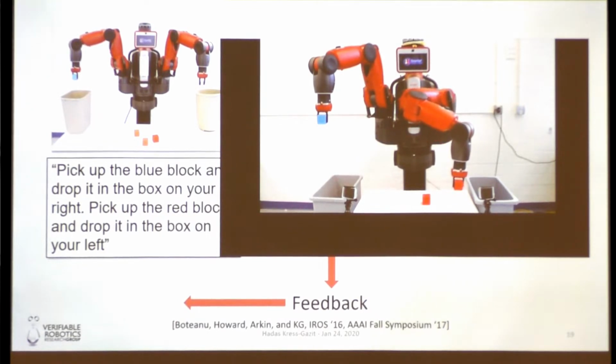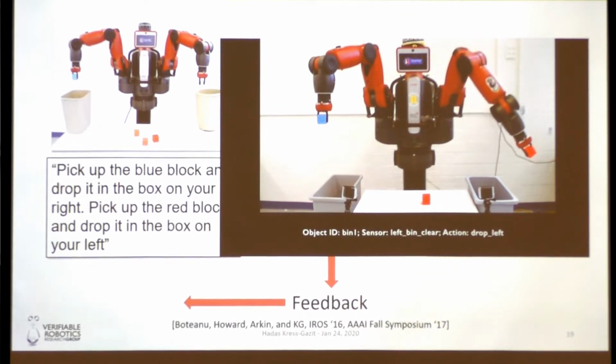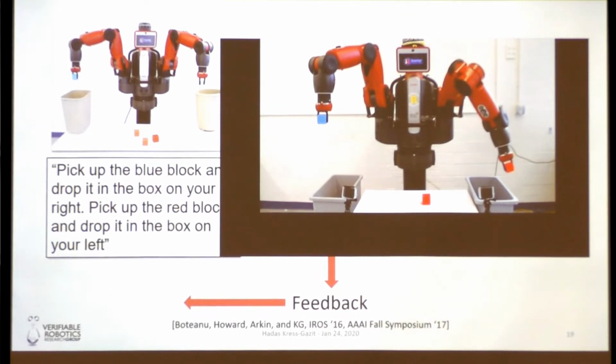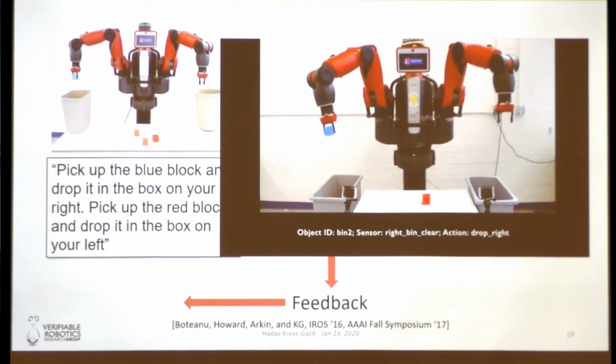But it is a bit weird, right? Why is it standing there with its arm extended and not just dropping the blue block and coming back? So this is an artifact of synthesis. And this is some of the things that now we're starting to think about in terms of synthesis and HRI, for example, in terms of correct behavior is not enough. It has to be correct behavior that's perceived as correct behavior as well. So there's a bunch of questions that we think about there.